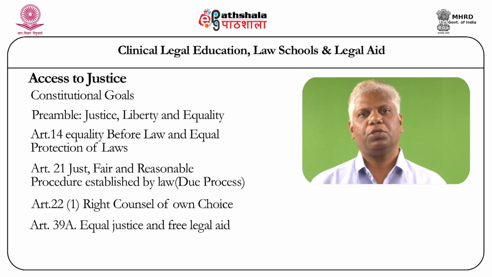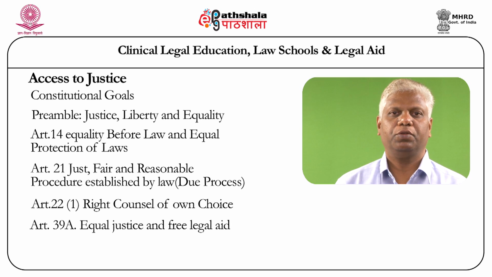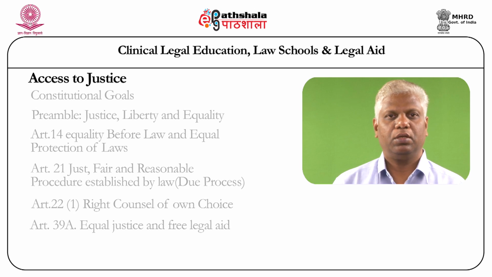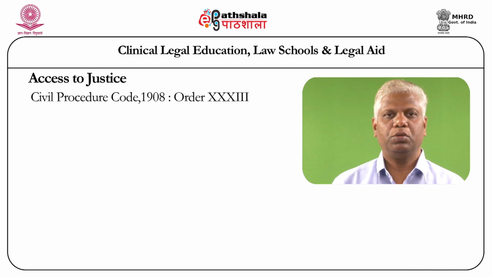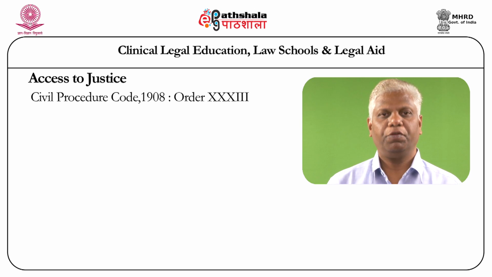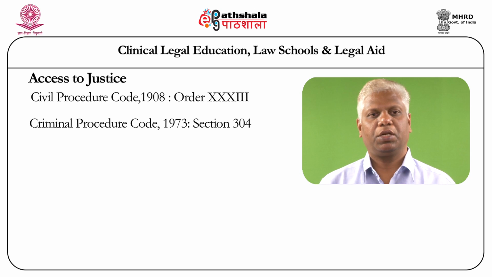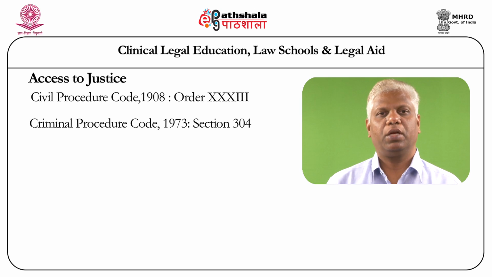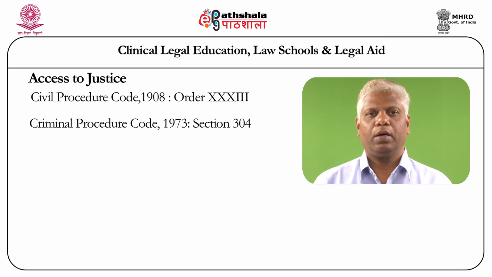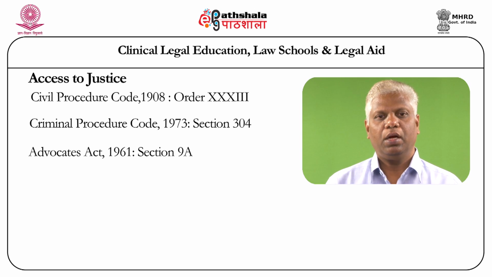In addition to the constitutional protection, there are several statutory protections for the purpose of providing access to justice. To start with, the Civil Procedure Code, Order 33, where in a civil suit, if a person is unable to defend himself, the state has to provide free legal aid. On similar lines, the Criminal Procedure Code, Section 304, also provides free legal aid to persons who cannot afford a lawyer. And even the Advocates Act 1961, Section 9A talks about legal aid, and it is not only